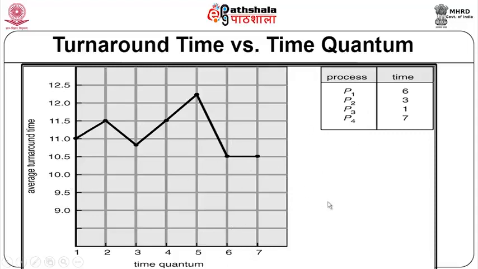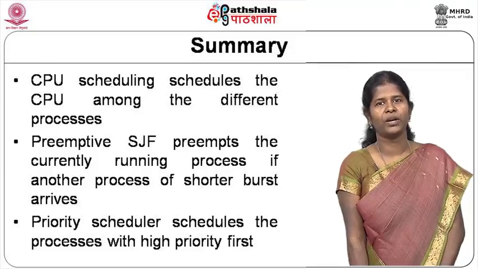That is because it becomes more like FCFS, first come first served. For time quantum equal to 6 and 7, you find that most of the processes finish off their CPU burst, but it becomes more like FCFS, and hence the average turnaround time reduced. We have seen already earlier that for FCFS the average turnaround time is less compared to other scheduling algorithms. So, if at least 50% of the processes finish off their burst time within the time quantum, then in that case your turnaround time will be much better. So, that is all we have learnt about